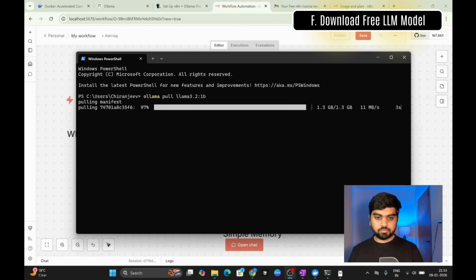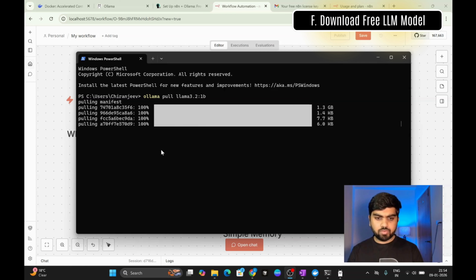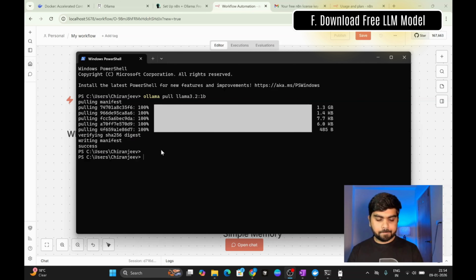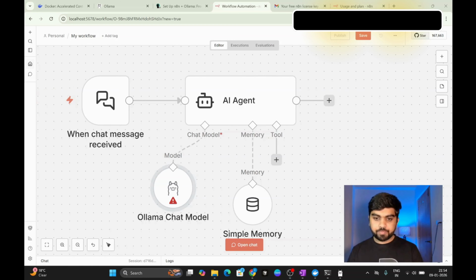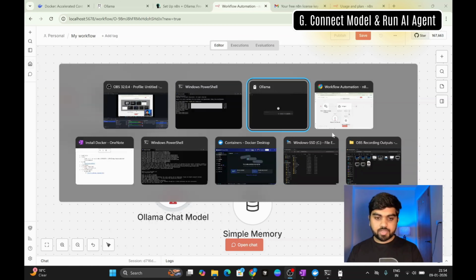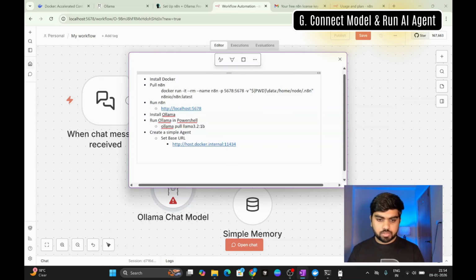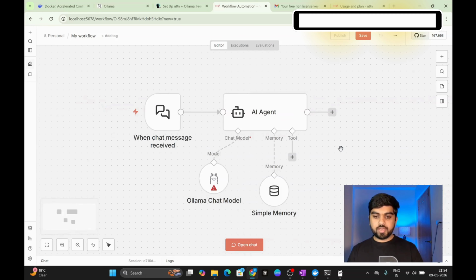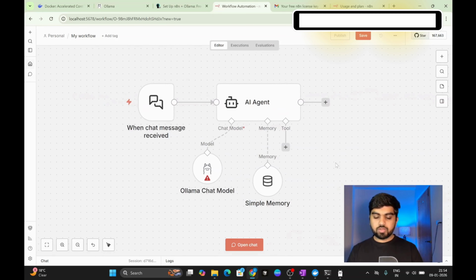So the model is almost downloaded and here we go. I think it will do a few more downloads. Okay, perfect. The model is completely downloaded. Now going to the next step, let's go back to our OneNote. Now we need to just copy this URL, and so we will head over to our AI agent, and we need to now set up